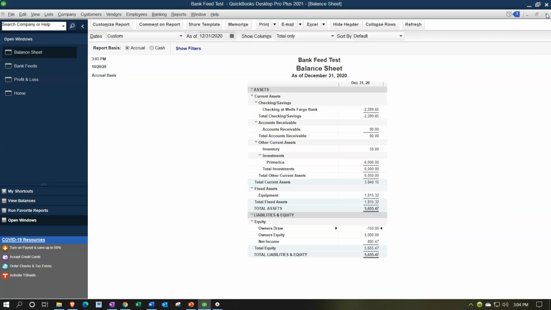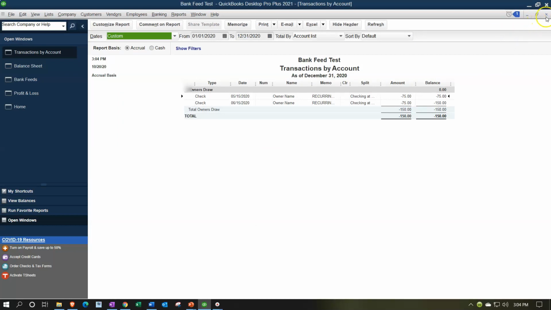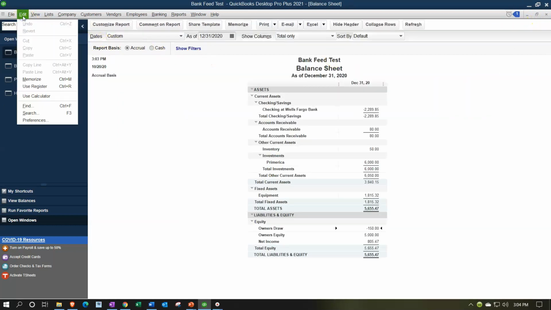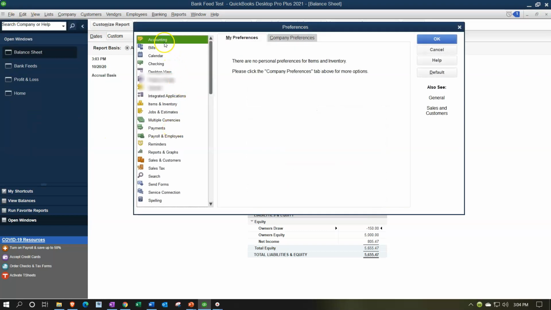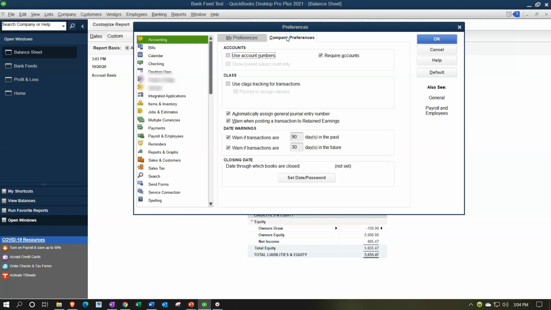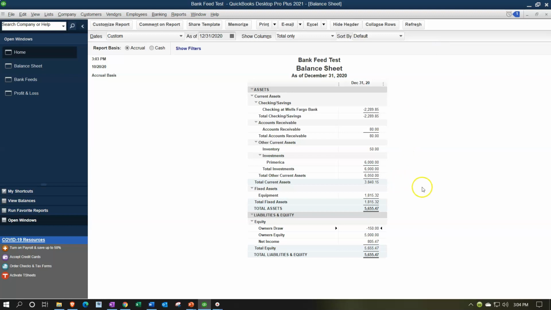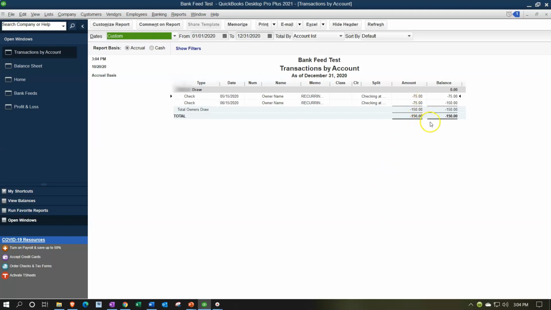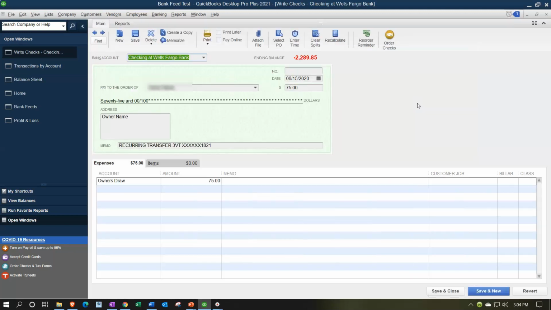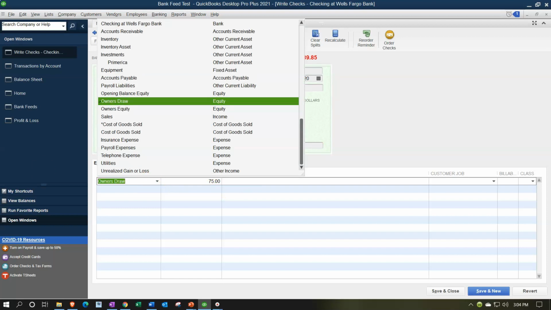And again, if you did want to use the same setup of books to track that, you could turn on class tracking. Like I could do it this way. And so you could say, I want to go to the edit drop-down preferences, and then we can go to the accounting up top, company preferences, and turn on class tracking. So I'm going to have class tracking, and then I would say okay. And so within the class tracking, you could then set up and say, okay, within this draws account, instead of having this second item, instead of it going to draws, I'm going to take it to meals or